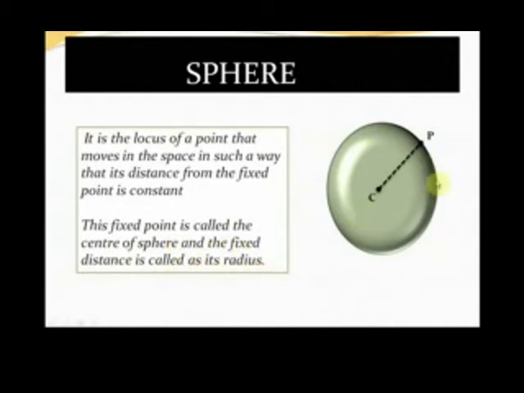Let us say that this is a sphere. Now from the definition, it is the locus of a point that moves in a space such that its distance from a fixed point C is constant. So P is any point on the sphere. Now this distance is equal to the radius of the sphere. If we take any point here, then again this distance would be equal to r. If we take any point here, then this distance would be equal to r, and so on. Thus the locus of a point that moves in a space in such a way that its distance from the fixed point is constant is called a sphere. This constant distance is called the radius of the sphere, and the fixed point is called the center of the sphere. A similar sort of definition holds in 2D, and that is for a circle.